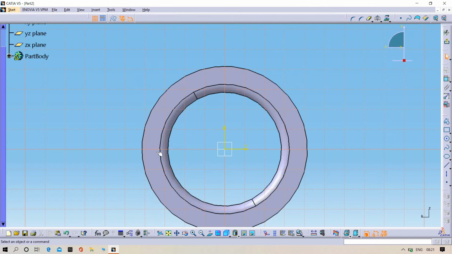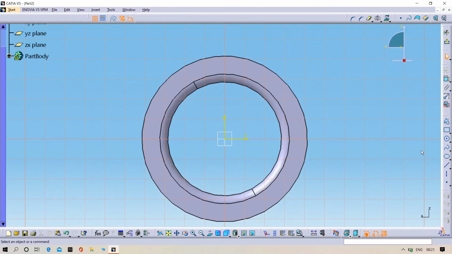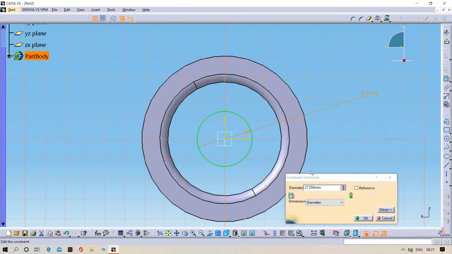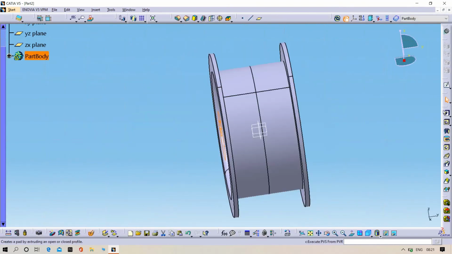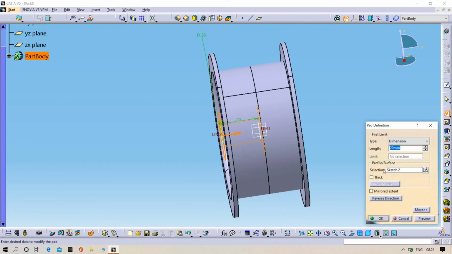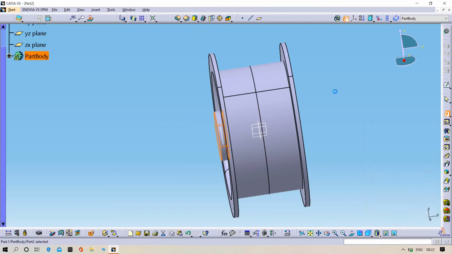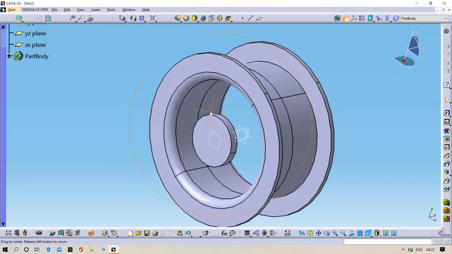Select the duplicate plane and then sketch and then draw one circle with diameter 25. Then exit from the workbench. Use the extrude with mirror, enter. Preview, click OK.